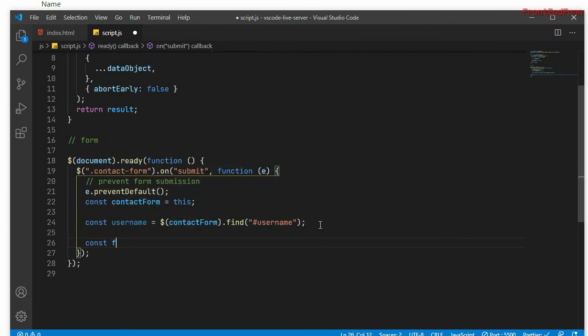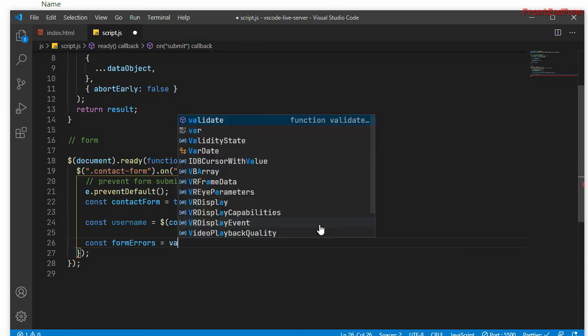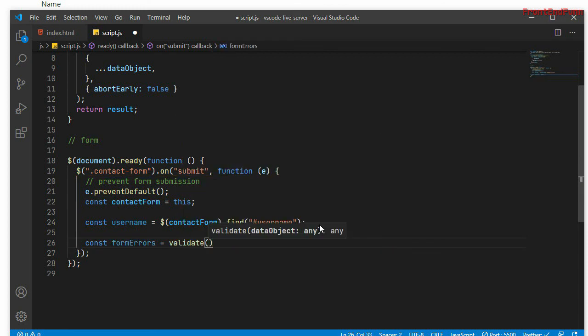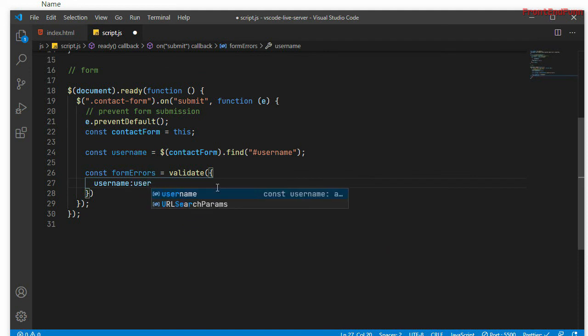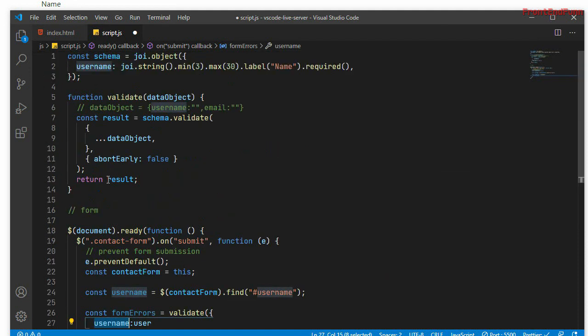Next, for the errors, I'm just creating a constant, that is form errors, where I'll be calling the validate function, which is declared on top. Here I need to pass username. So username is the key which I want to validate against.